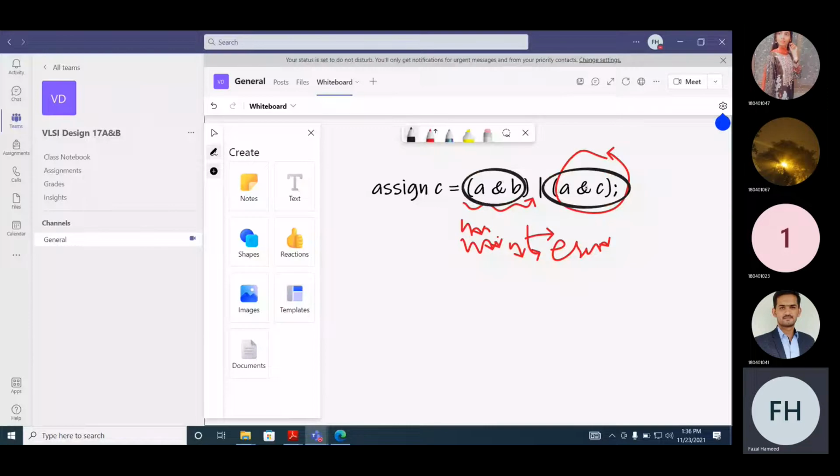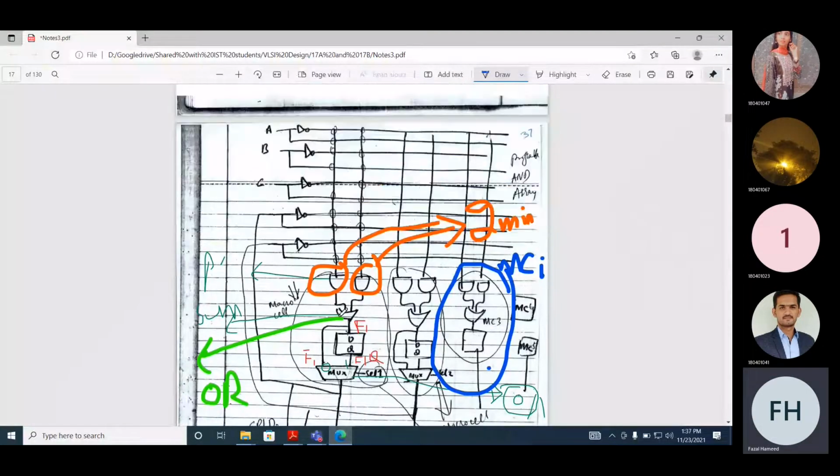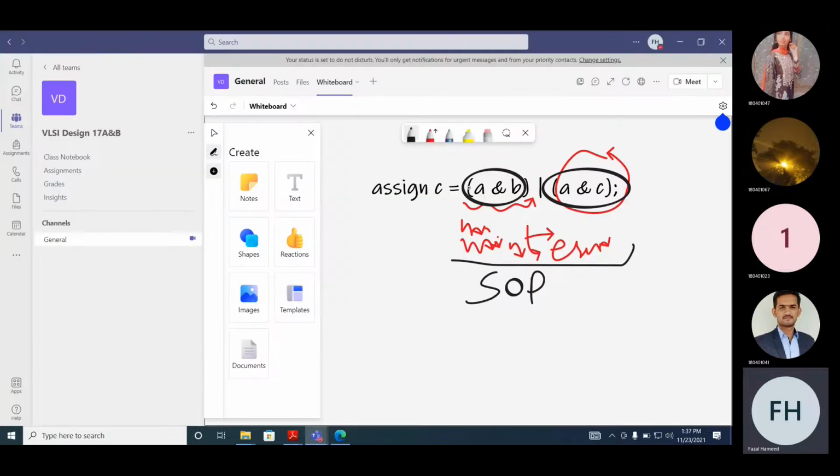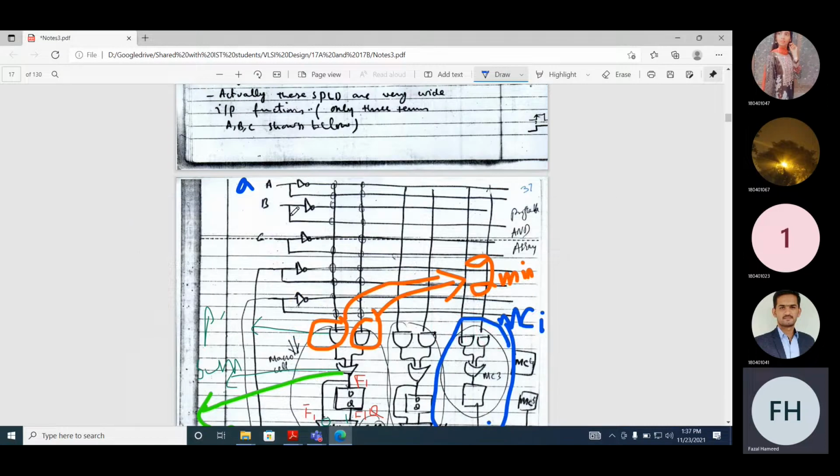So what expression is this? If you look at the whole expression, it is an SOP expression with two min terms. Now if you look at the architecture here, A may come here, small a. So this is small a, small b, and c. Small a, b, c is your output actually.